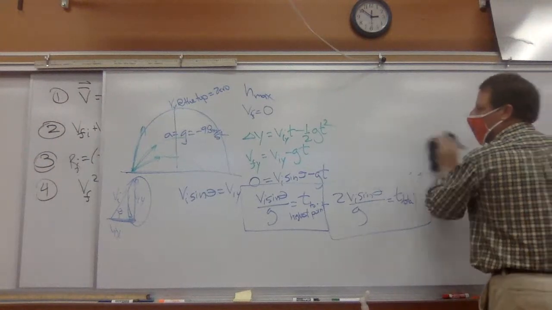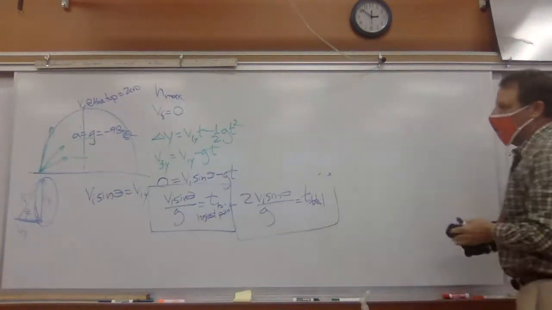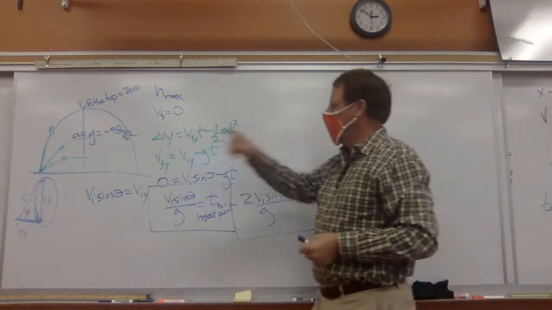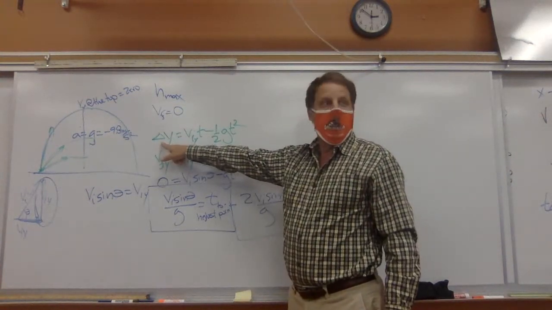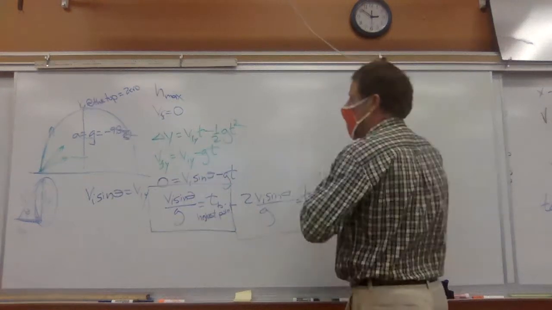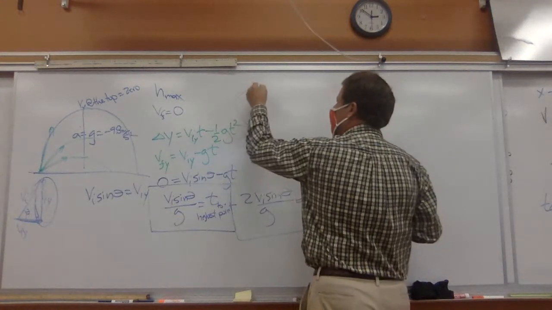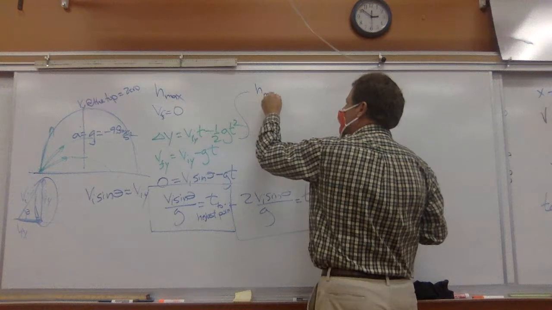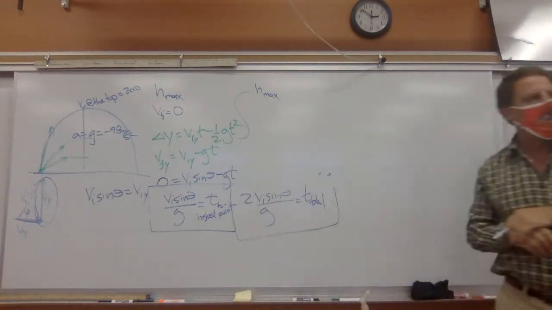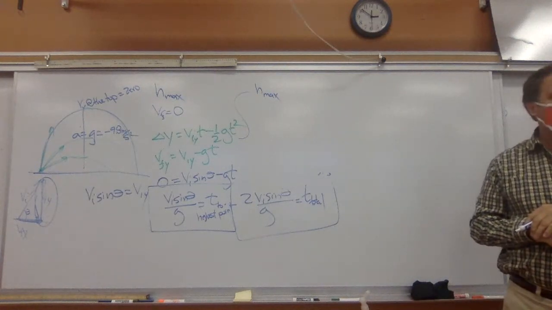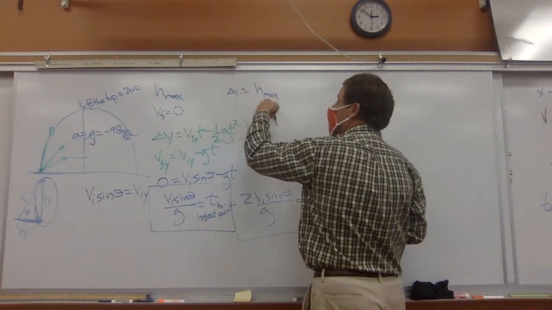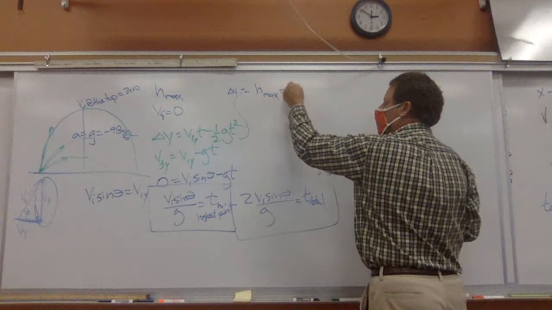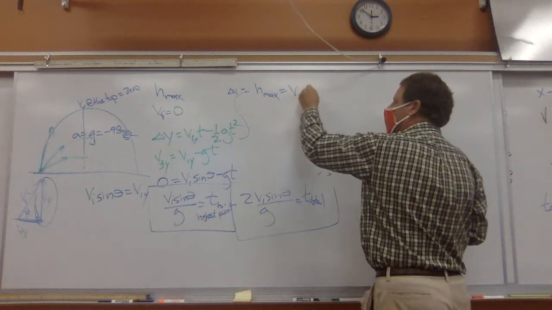All right, so we want to know how high it's going to go. This right here is going to be H max. So that delta Y is going to be H max. Delta Y is equal to H max, which is going to equal to VI